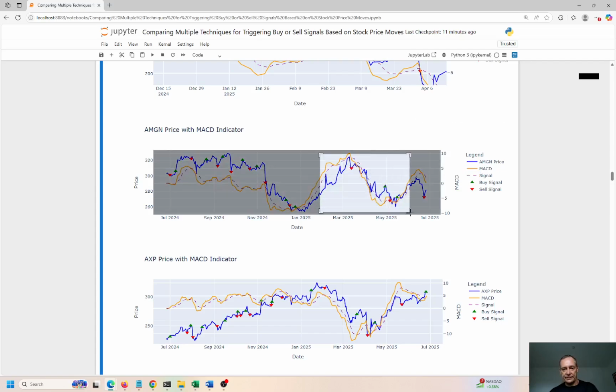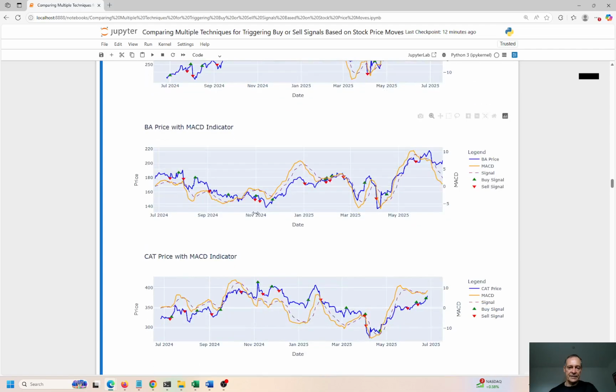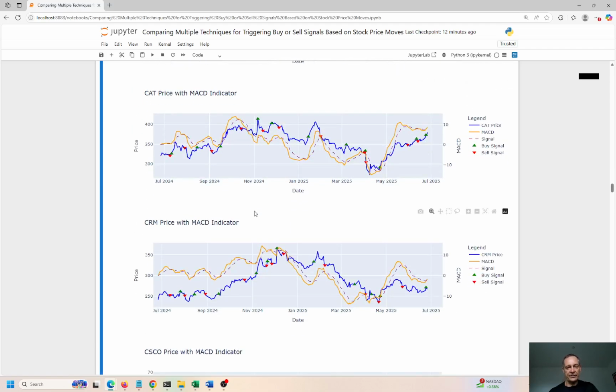Let me zoom in on this. So sell is down here and actually goes up a little bit. Then we have no signals. Then we have a buy signal, but then it goes down, sell signal, and then buy signal as it's trending up. Okay, so again, a lot of times pretty accurate, but there is no guarantee whatsoever that you're gonna make money